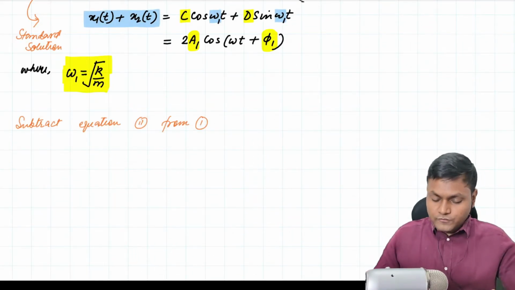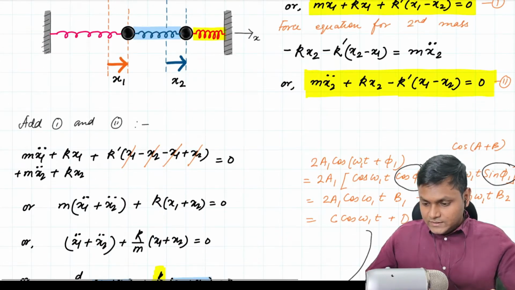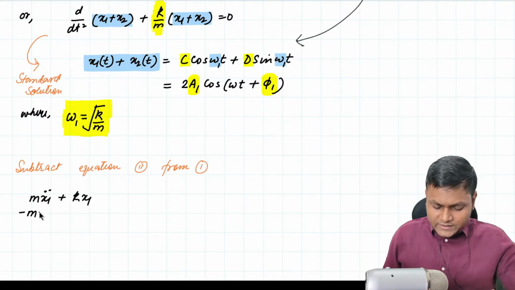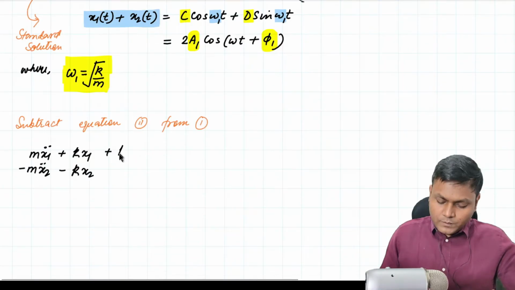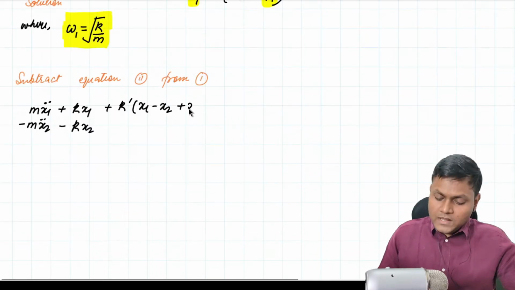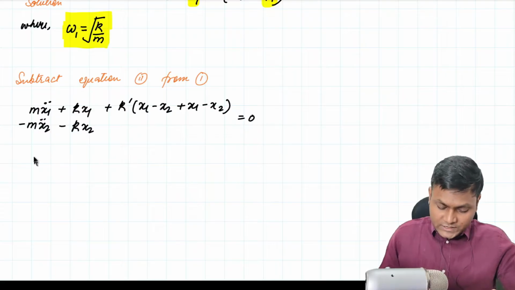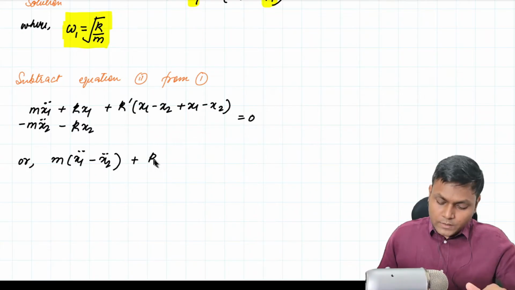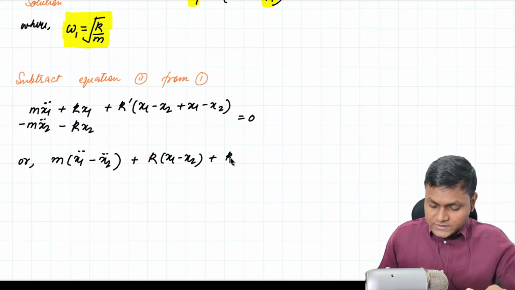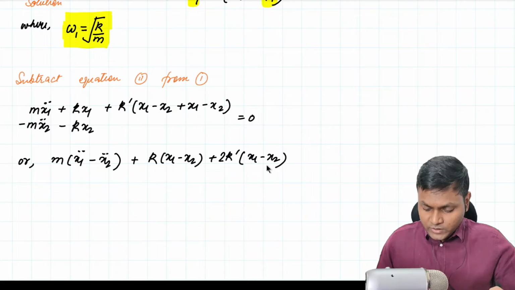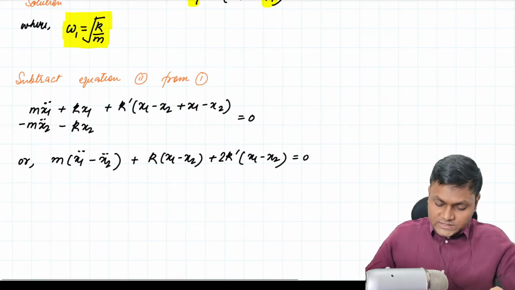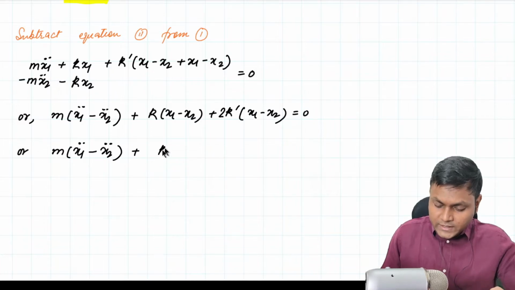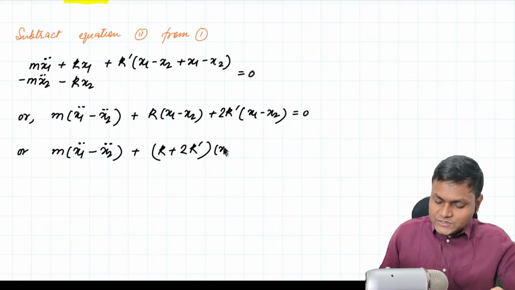So if we subtract equation number 2 from equation 1, then I'll simply get the expression m x1 double dot plus k x1 minus m x2 double dot minus k x2 plus k dash (x1 minus x2) plus (x1 minus x2), which is equal to 0. So this equation can be simplified as m (x1 double dot minus x2 double dot) plus k (x1 minus x2) plus k dash, if I take 2 out of it, it becomes (x1 minus x2) because there is 2x1 minus 2x2, right? Which is equal to 0. This can be simplified as m (x1 double dot minus x2 double dot) plus (k plus 2k dash)(x1 minus x2) is equal to 0,